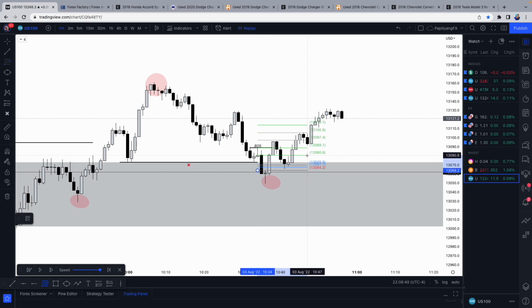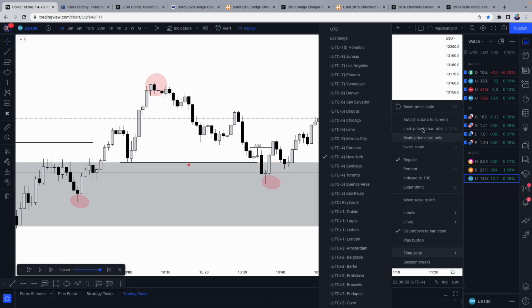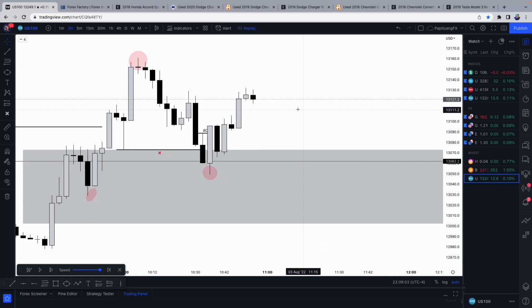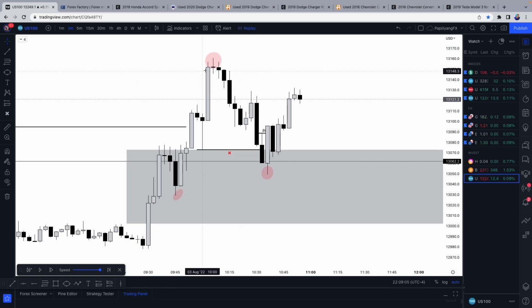50%, right? 50% of this imbalance right there, you could do that. Stop loss at the low. Or also a very nice way to go about your day entering these trades, if you guys look at the 3-minute